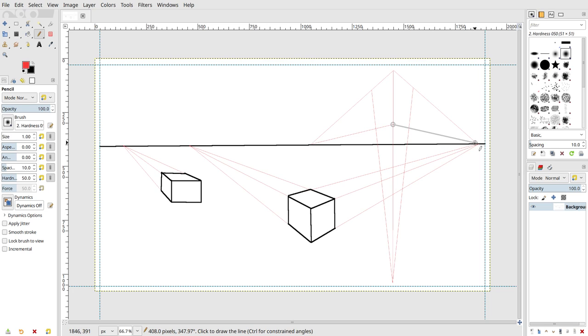Its other vanishing point. And here would be the lower corner to the vanishing point, and this lower corner. Because it's floating above the horizon line, we could see the bottom of this cube. So if this is the top corner,